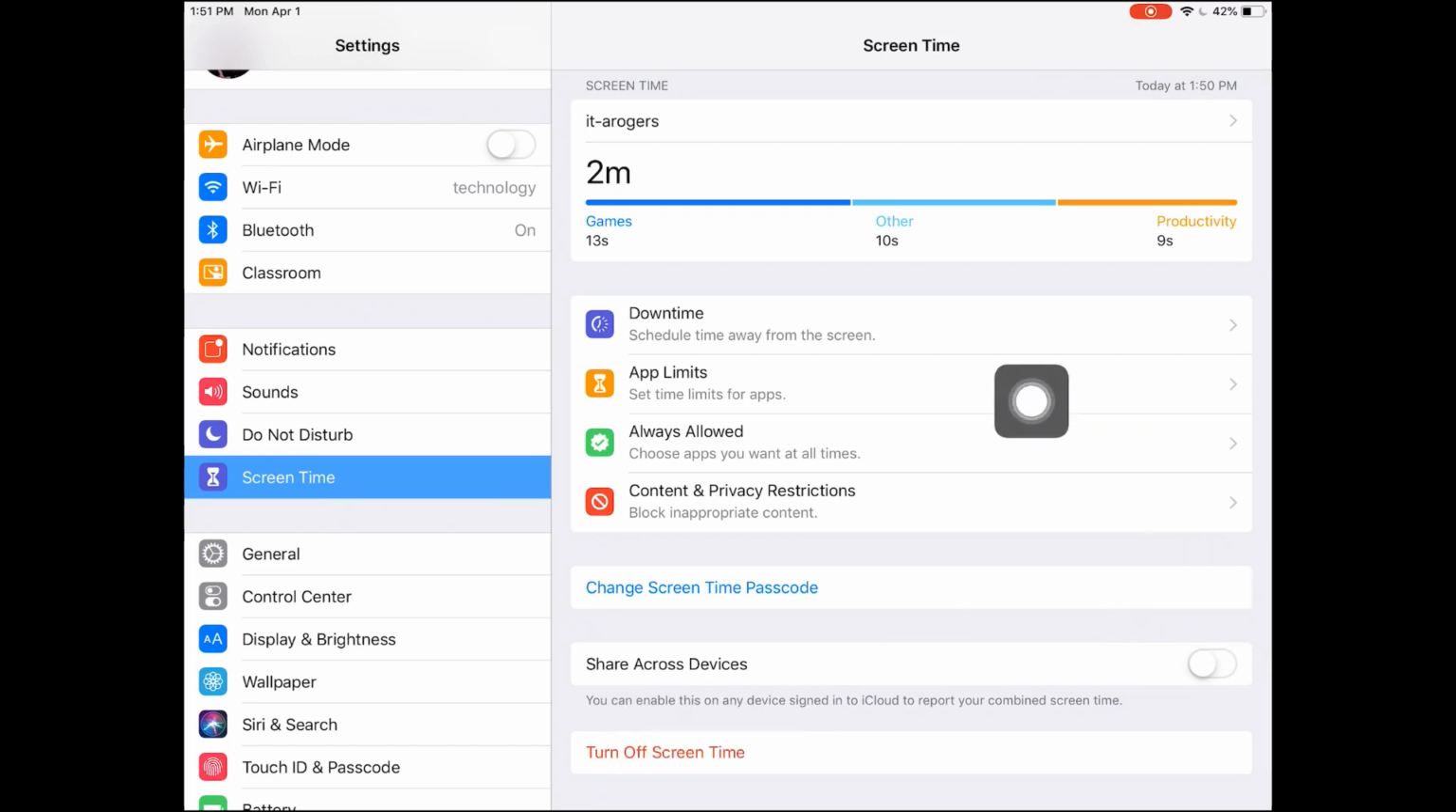In following videos, we'll talk about downtime, app limits, allowing specific apps, and then changing some of the content and